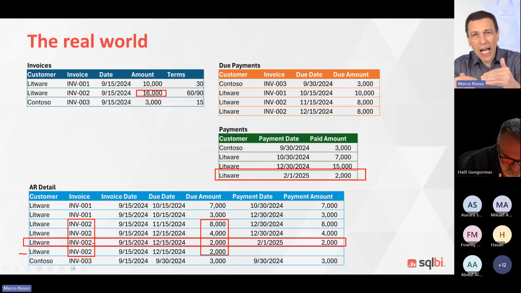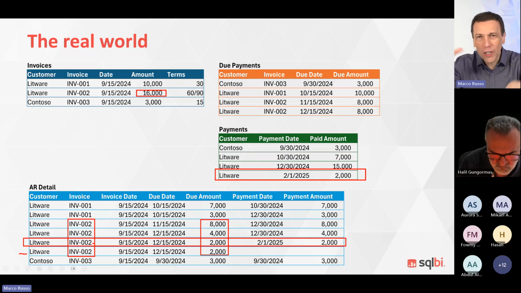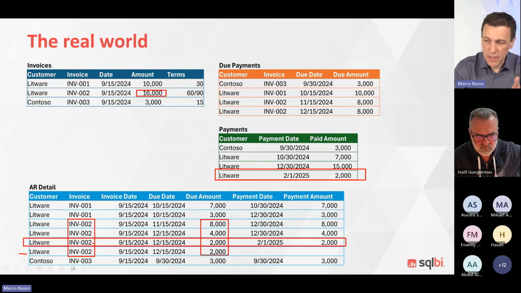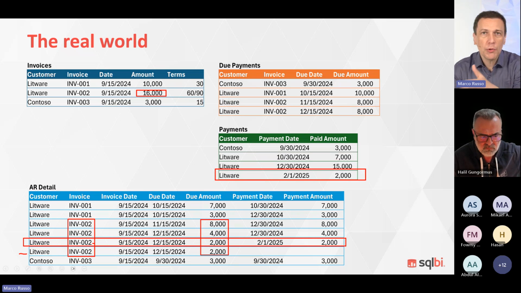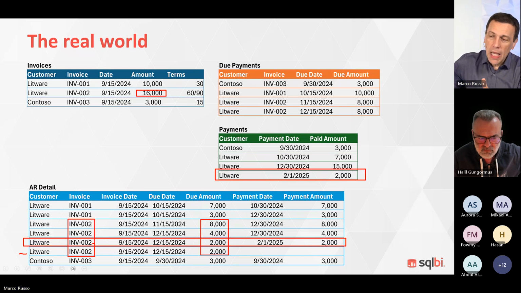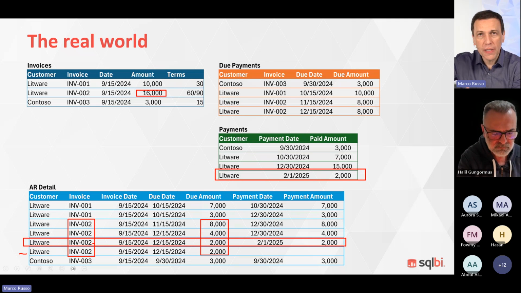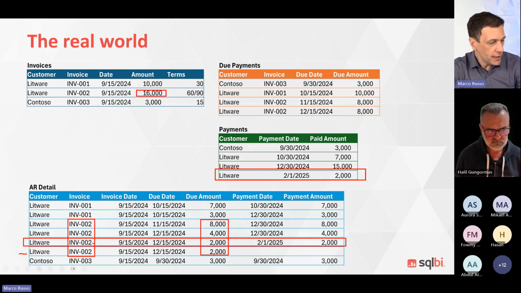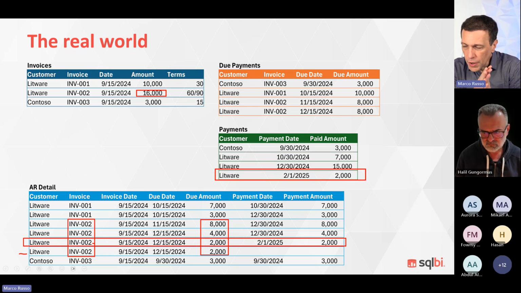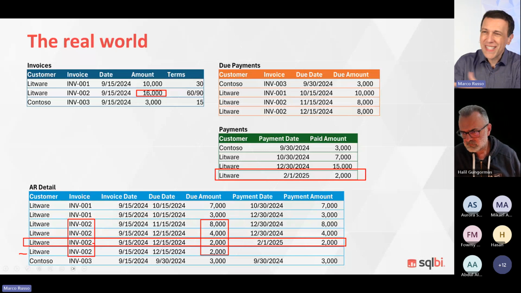Now, this 16,000 has been paid in 4 different lines with 4 different combinations of payments and new payments. So you have to create this table. Once you have this table, everything else works. The challenge is how do you create this table starting from the data that you have? But this is very, very dependent on the model that you have. This is an example, right?